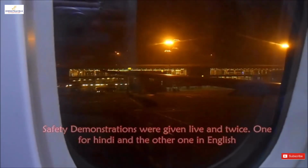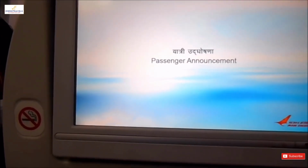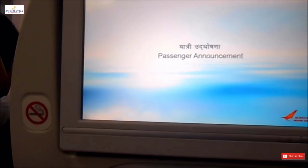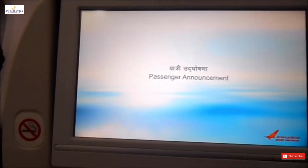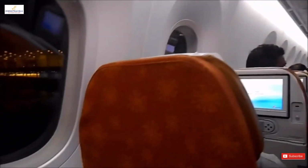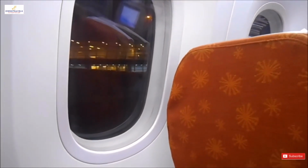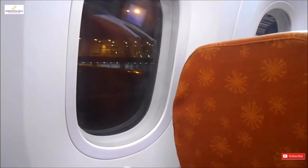अब हम आपको यात्री सुरक्षा संबंधी जानकारी देंगे। To fasten the seatbelt, push the metal fitting into the buckle, then pull the loose end of the strap to tighten it. To release the belt, lift the flap and pull out the metal fitting from the buckle. There are 8 emergency exits on this aircraft. All emergency exits are identified by green exit locator signs. Please note that exit signs on the